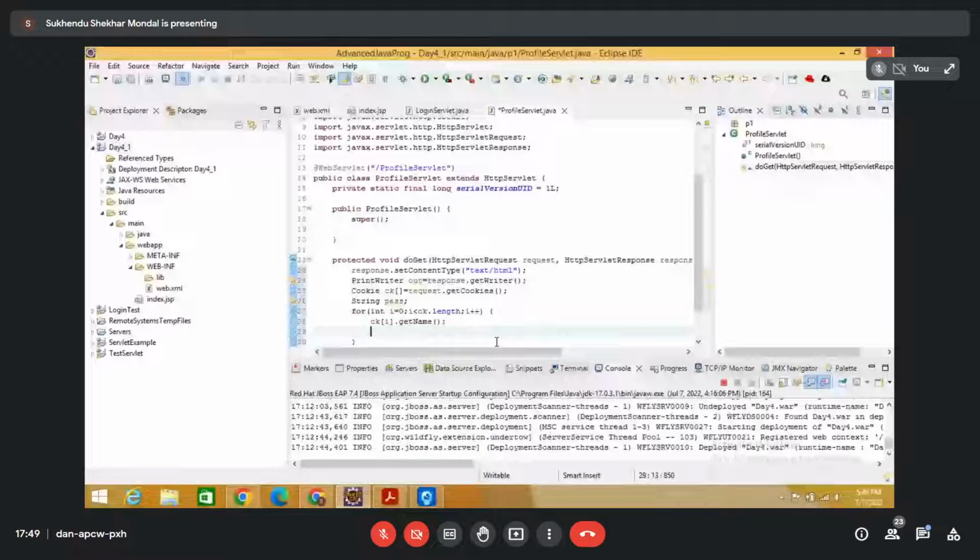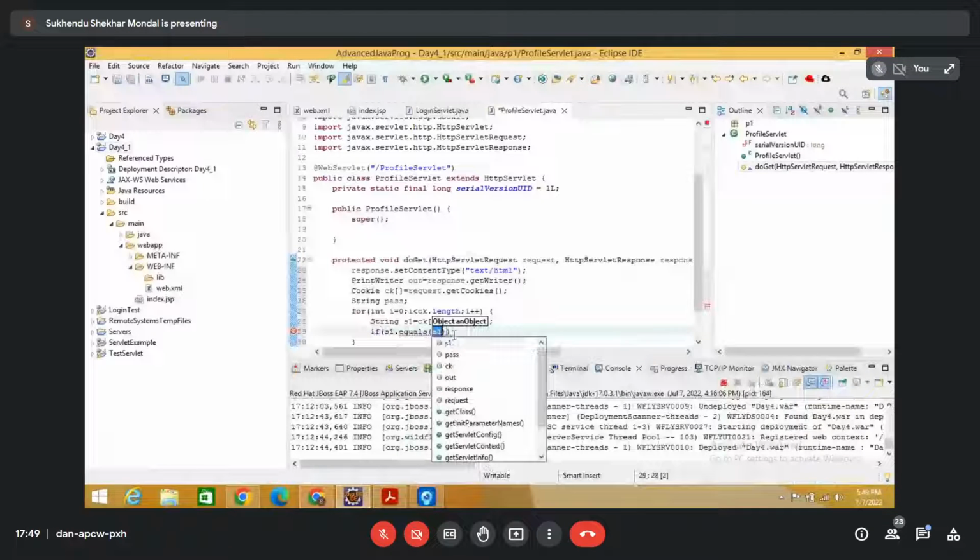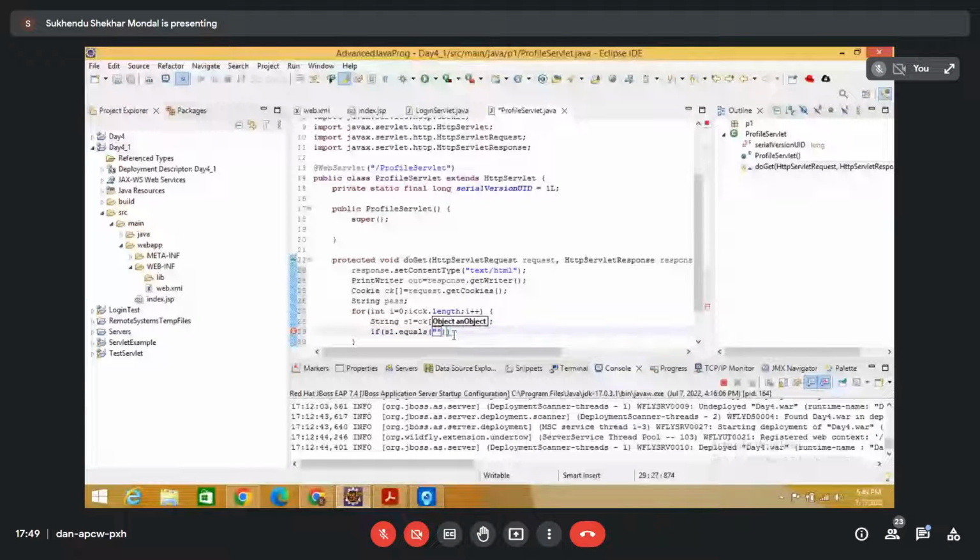এটা আমরা স্ট্রিং এ, এটা সাধারণত একটা অবজেক্ট হবে, String s1 equals to this one cky.getName, so String p1 for password, if s1.equals, যদি ওই কুকিটার নাম হয়ে থাকে অ্যাডমিন, নামটা ছিল অ্যাডমিন, তাই তো? cky.getName, সেটা যদি অ্যাডমিন হয়ে থাকে তখন আমরা তার ভ্যালুটা